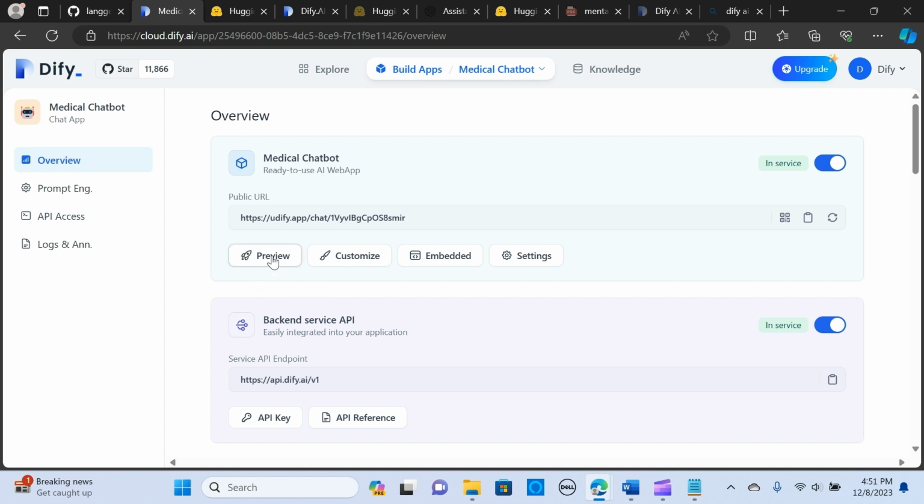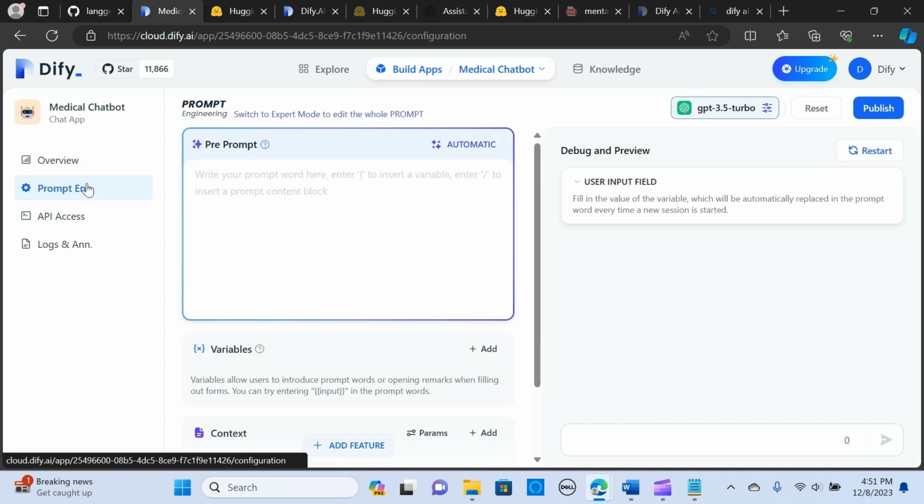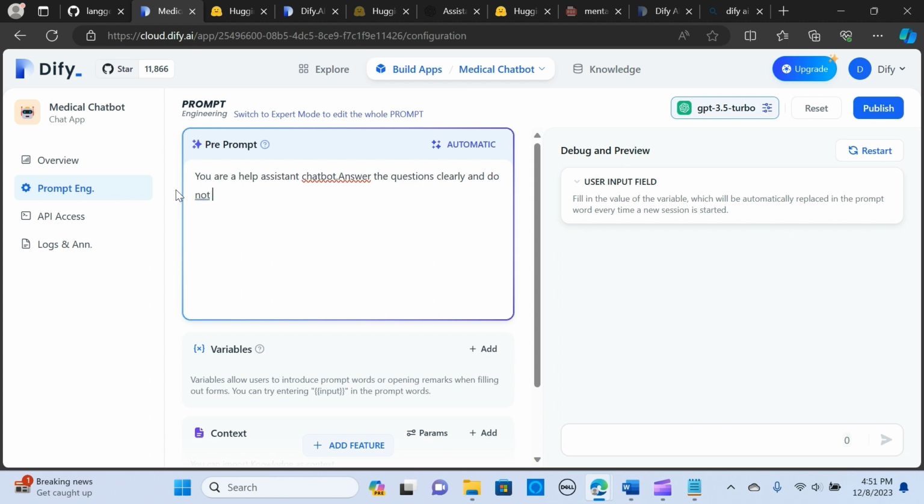Okay, so let us add some prompt. I'm going to say: you are a helpful assistant chatbot, answer questions clearly and do not guess if you don't know.